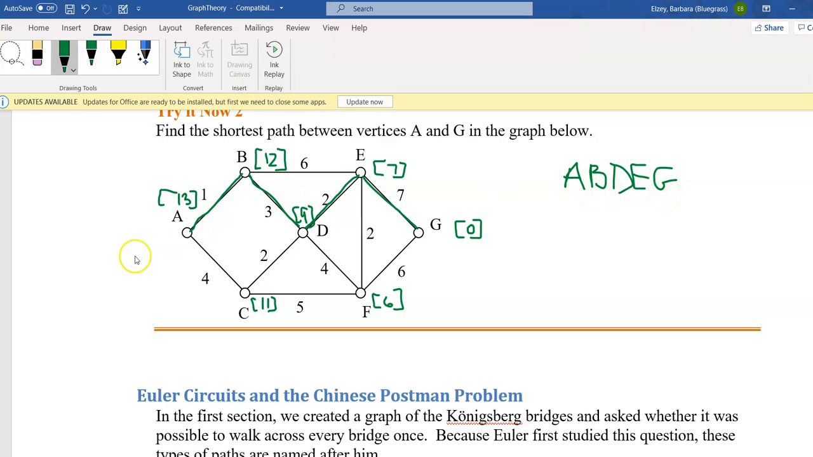Now, if there's more than one pathway between A and B, we would have to probably just make some sort of reference to which pathway. But we will generally not have to worry too much about that. All right,